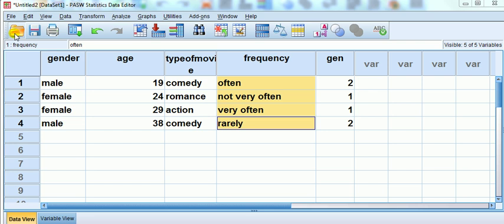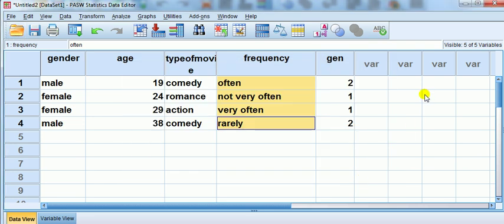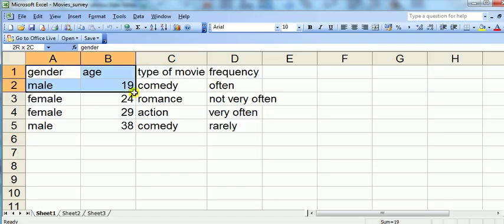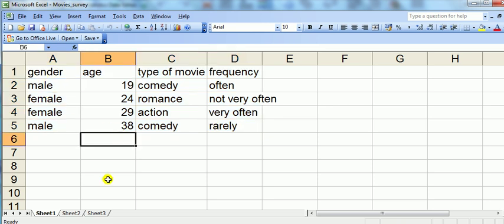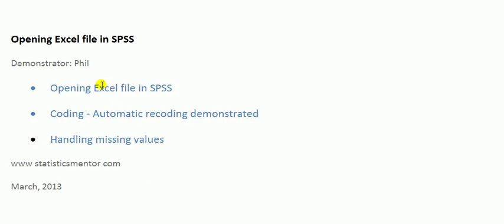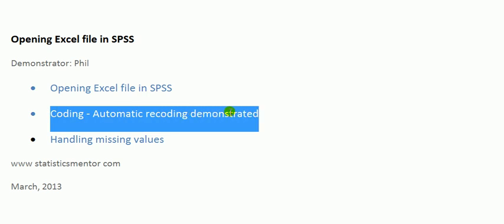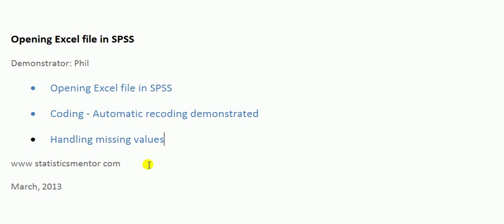Now for the coded version, I put that in. I think I should show you everything. So wait a minute. Okay, so we've dealt with this kind of, and I've just remembered. Sorry. Opening Excel file in SPSS, tick, I've done that. Automatically recoding demonstrated, yes, I've done that. Handling missing values, no, I've not done that. So let me go back